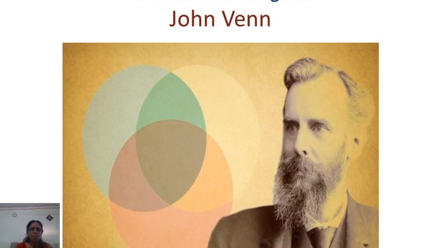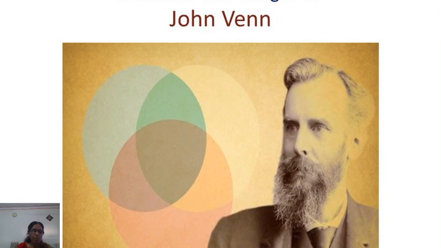A great mathematician, John Venn, is known as the father of Venn diagrams. John Venn invented the Venn diagrams. This is the image of mathematician John Venn. A Venn diagram is a demonstration that uses circles to show the relationships among things or finite groups of things. The overlapping circles have a commonality. Venn diagrams help to visually represent the similarities and differences between two concepts.